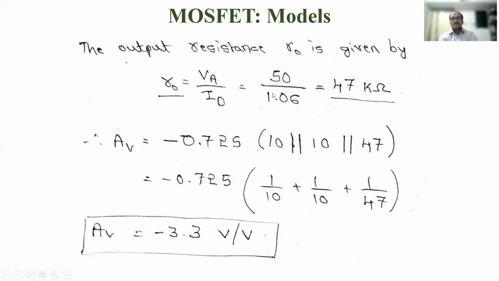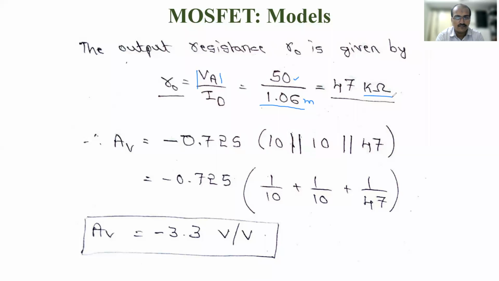So the output resistance R0 is given by this formula, right? If VA is given as negative or positive, you always have to take the magnitude. This is the formula I gave you yesterday: R0 equals the magnitude of VA by ID. So the VA value they have given is 50, substituted, and the ID value we have calculated, right? So 1.06 milli. I have not written that milli, because if you take it in the numerator, you have to consider here kilo.